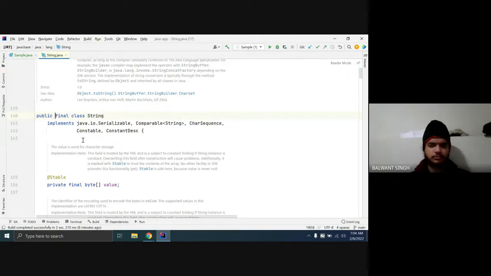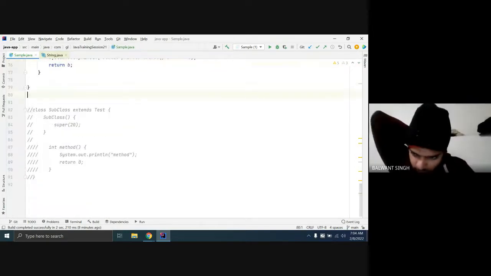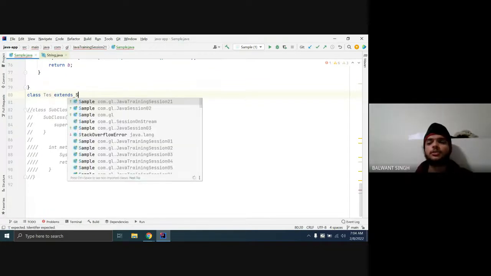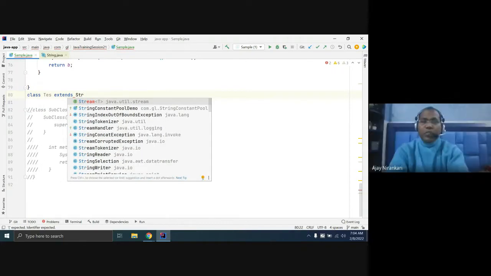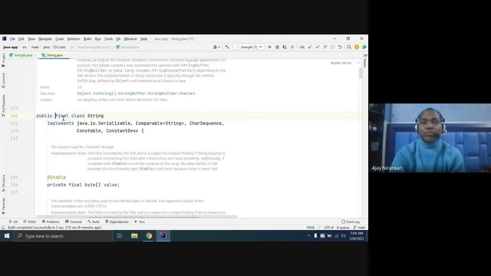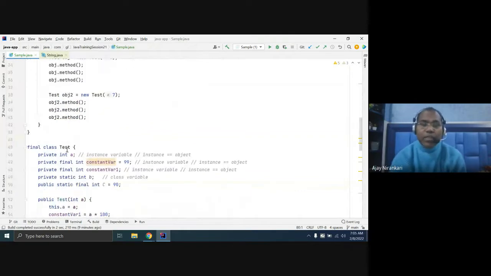If you try to write inheritance here, you cannot inherit the String class. Sir, but we override the toString method. Override, yes, but we cannot inherit. I'm saying we cannot inherit because the class is final. Okay. So the simple meaning is that the final keyword can be placed in front of a class, and that means no one can inherit from this test class. There is no subclass of this class.